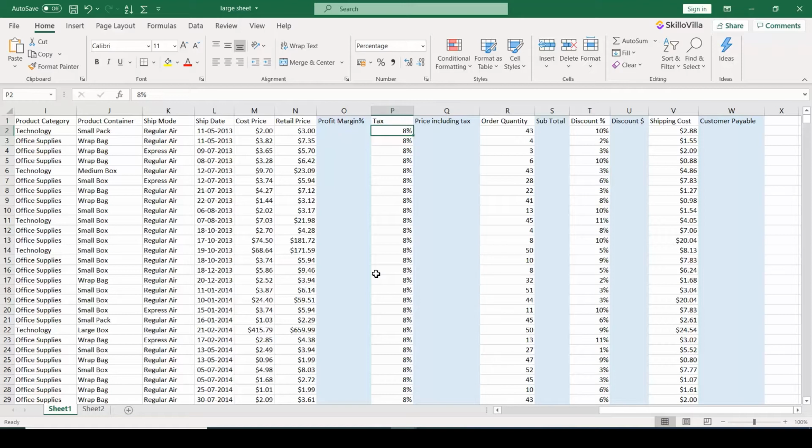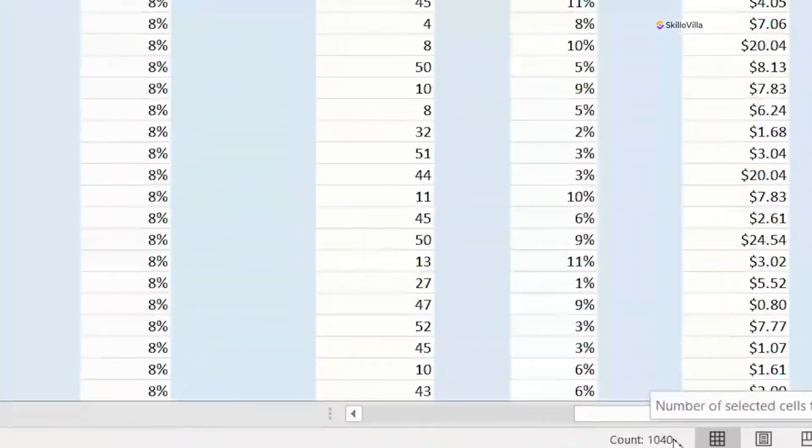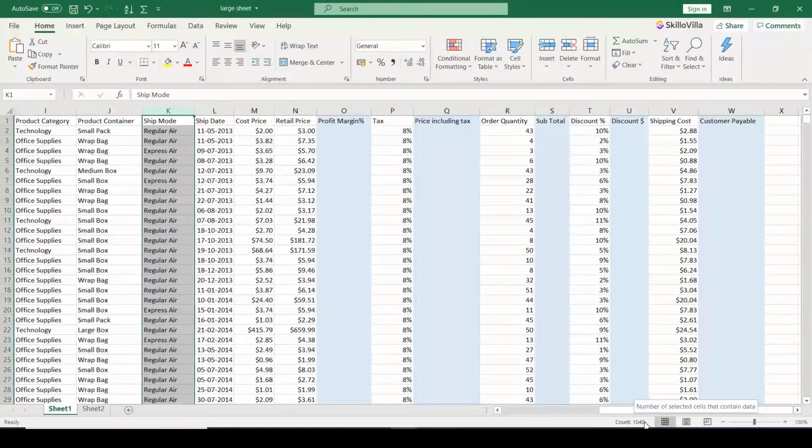Now let's say after watching your progress in Excel, your manager asked you to perform some calculation in this sales sheet. We have some blank columns to be filled in. If we select the whole column, we can see that there are 1000 plus rows. Filling each row seems like an enormous task, but don't worry. I will help you in filling the sheet.